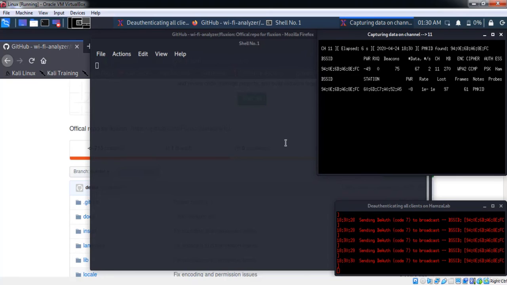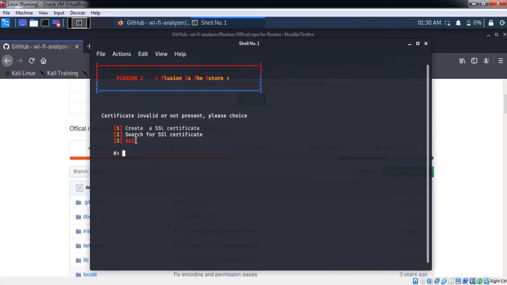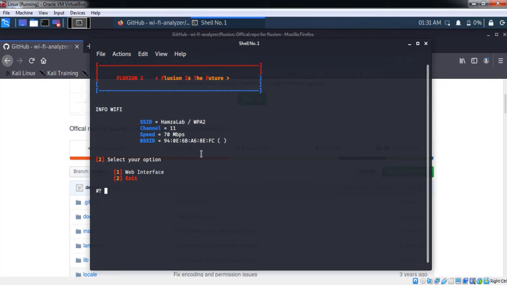After getting the handshake of this target network, just press enter on the main screen and check the handshake. Number 1, yes, it's correct. Then we are going to create an SSL certificate, also number 1. Okay, now we are ready to attack. So select your option for the interface. Let's choose web interface,